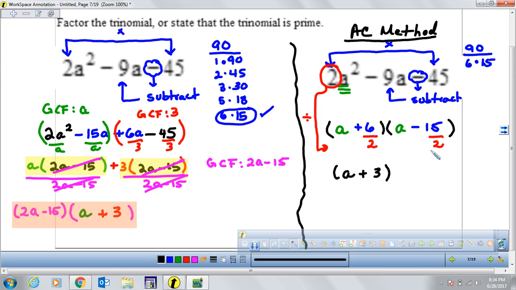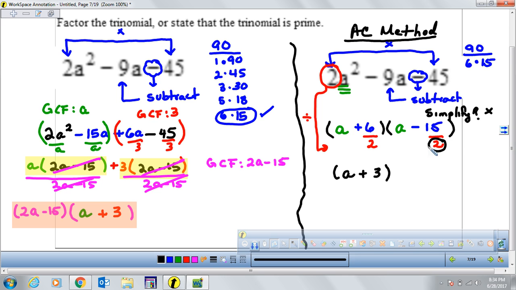And look at the second factor. 15 divided by 2, that one is going to give me a decimal. So what does that mean? You're going to keep it as a fraction. Just make sure that this fraction is simplified. Can I simplify 15 and 2 by any number? The answer is no, right? We cannot simplify it. So after you check that it's simplified, the last thing you're going to do is